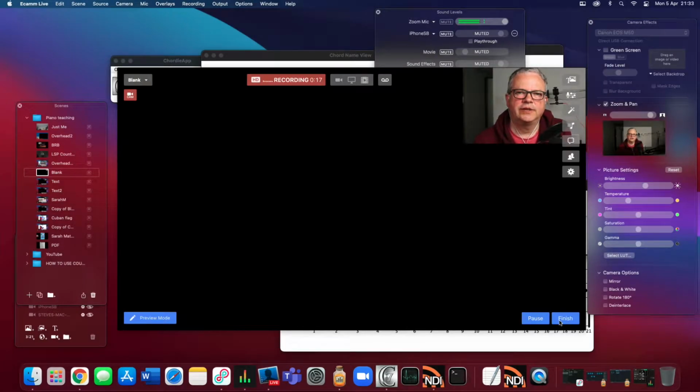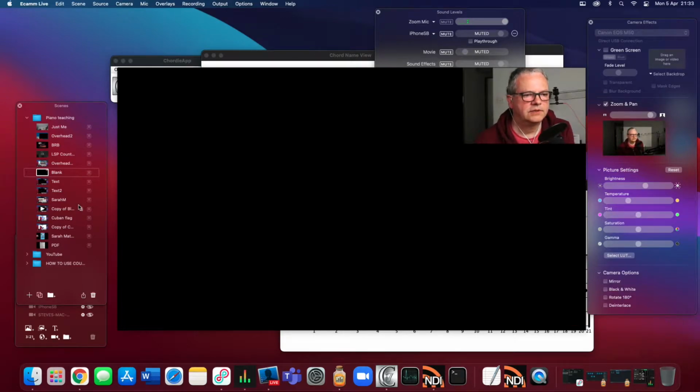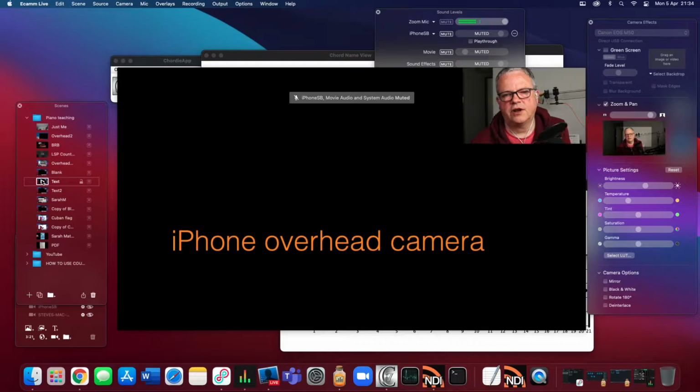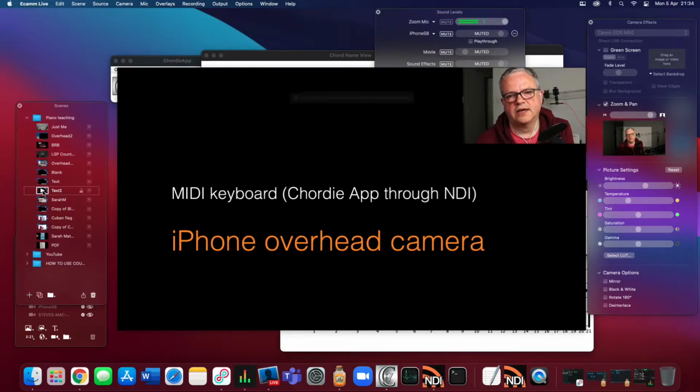In this video, I'm going to show you how to set up Ecamm for an overhead piano shot, and then add another keyboard, which will be a MIDI keyboard, which shows the notes I'm playing above that. So, just to clarify, we're going to have an iPhone as a camera. That's going to be at the bottom of the screen, so that will be showing my hands on the keyboard. And then we're going to have the MIDI keyboard above it, and for that we're going to use Chords app,